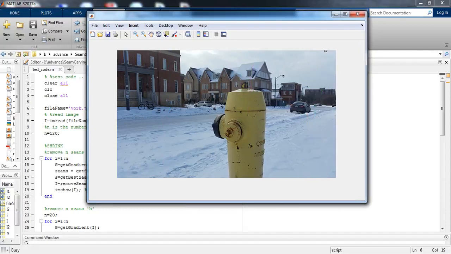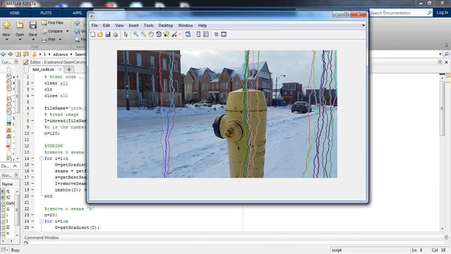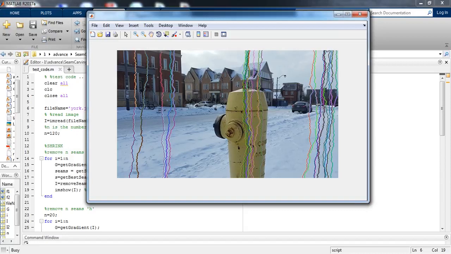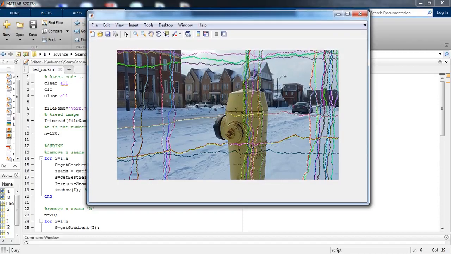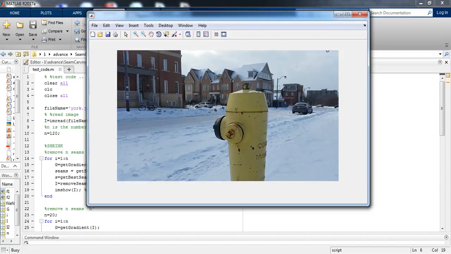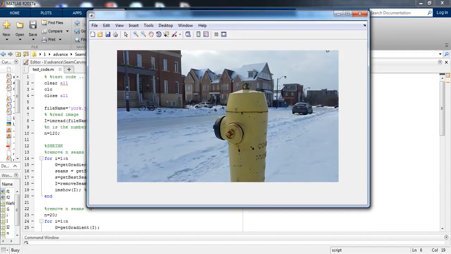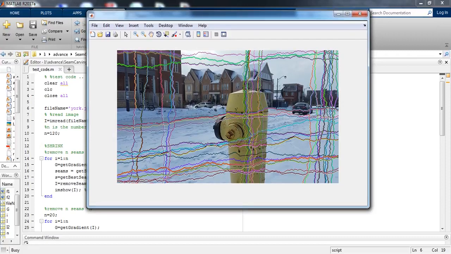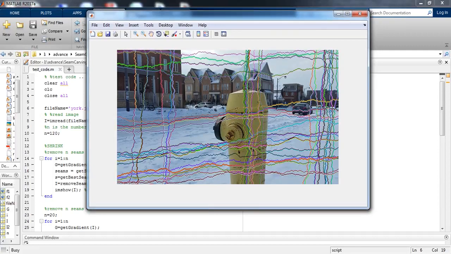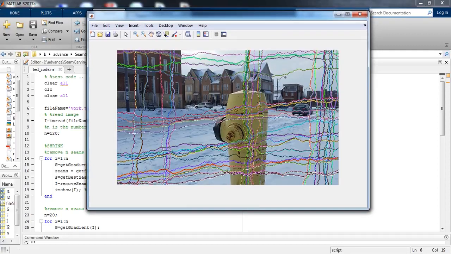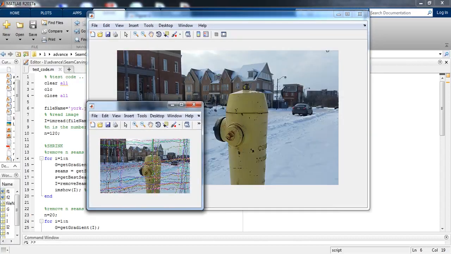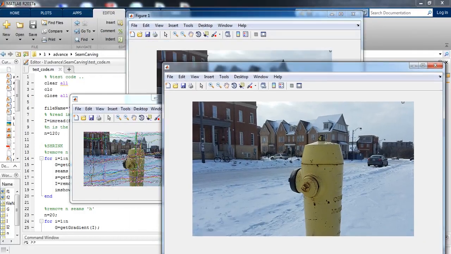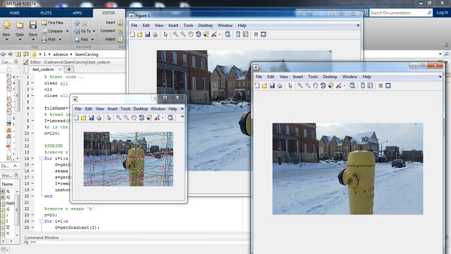Firstly horizontally, then vertically. Okay, and we get the original image, which we get after expanding and shrinking.